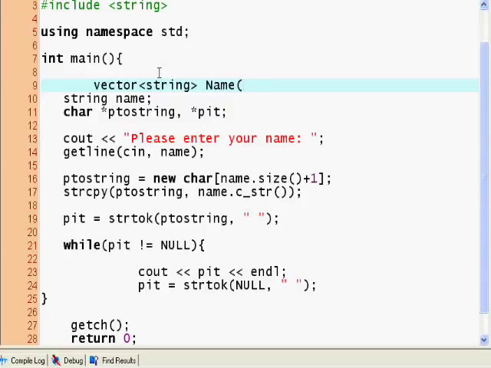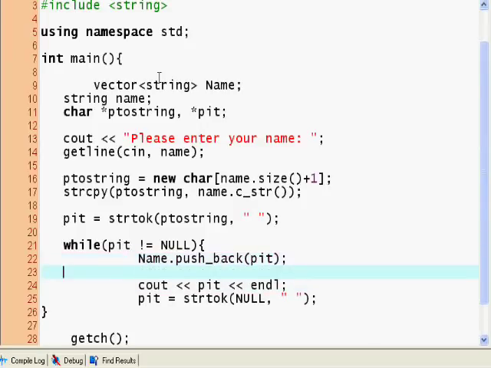So now I can say here, for example, name push back. It's a function of a vector, push back, and inside here I'm going to put p_it. And so now I can push back p_it into this vector,